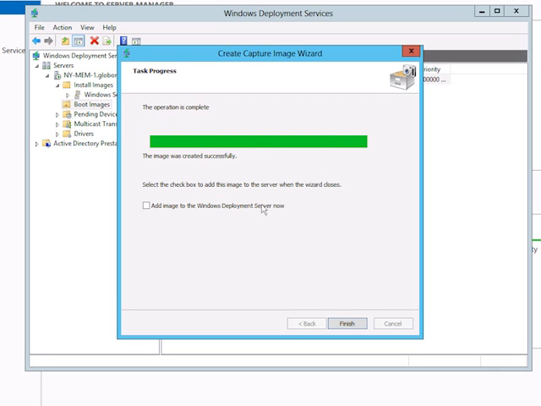Alright, so again, the operation is complete, the image was created successfully, and you'll see right here, it says select the checkbox to add this image to the server when the wizard closes. Yeah, we need to, and I know this seems a little goofy, because we got the boot image that was a WIM file, and then we turned it into an image on the WDS server. And then from that image, we created another WIM file, which, I'll tell you what, before I go any further,